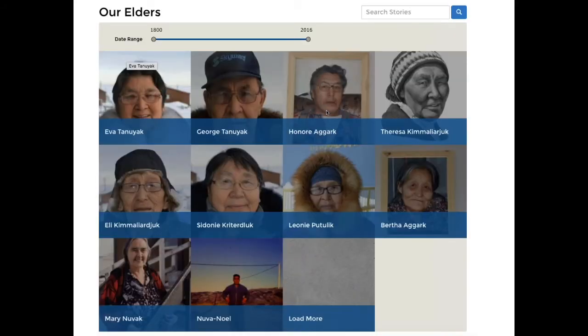The community in Chesterfield Inlet really wanted a strong focus on their elders, so all the elders were highlighted in their project, with profile shots, their names, and information about them. Really, it's up to each community what stories to share, how you want to share them, and what your focus is. You can be really creative with projects like these.